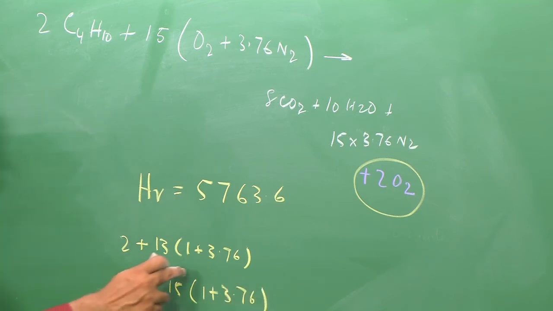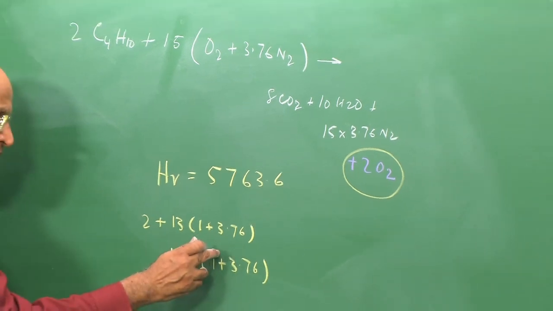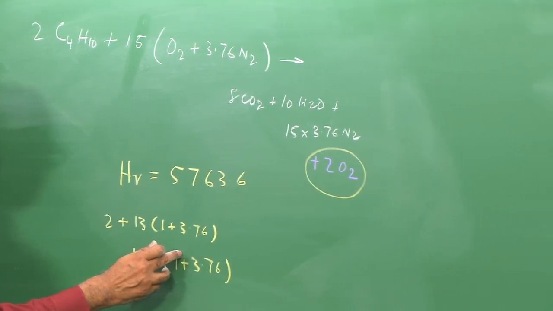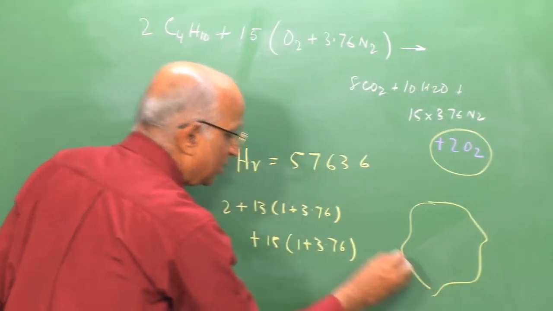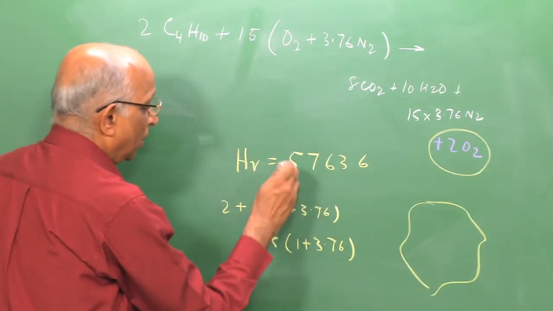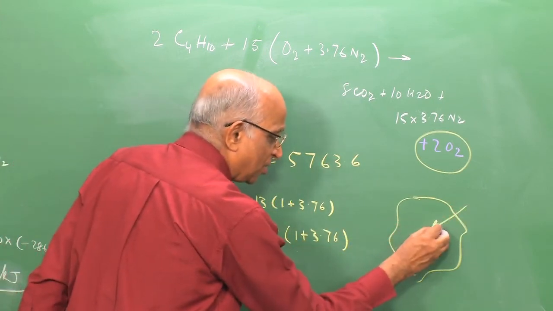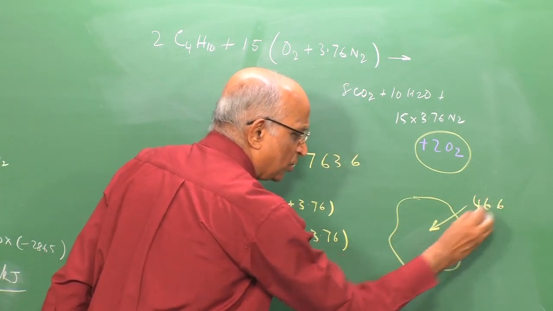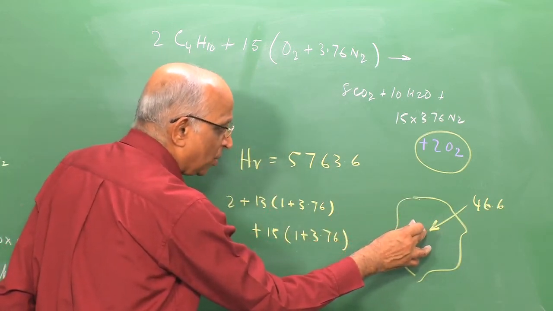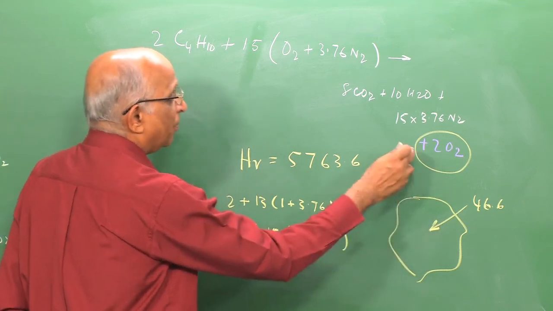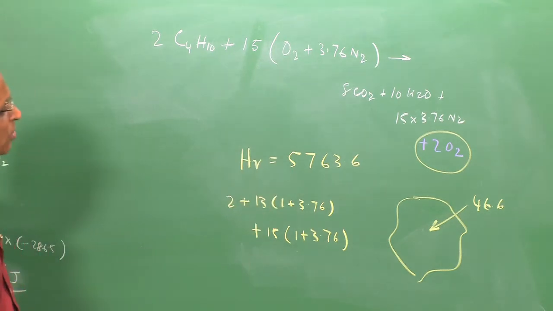You have excess air, therefore the number of moles in the given volume have gone up. If the number of moles in the given volume have gone up, then what is going to happen? The mixture is less dense. Therefore, this particular energy is released from a fixed number of moles in this volume, which was 46.6 moles, and therefore the energy release per unit volume, or for 1 meter cube volume, or for a given mass, will keep coming down as the fuel becomes leaner and leaner, and this is to be expected.